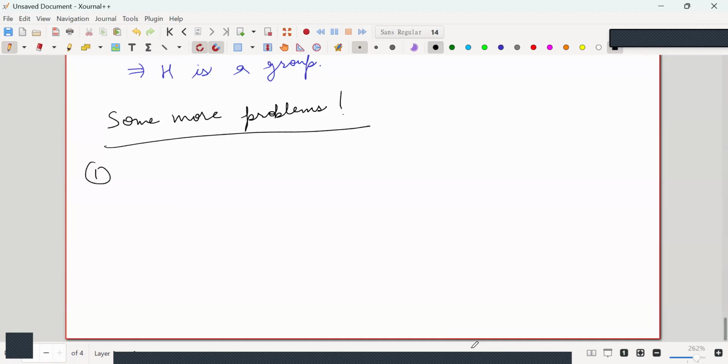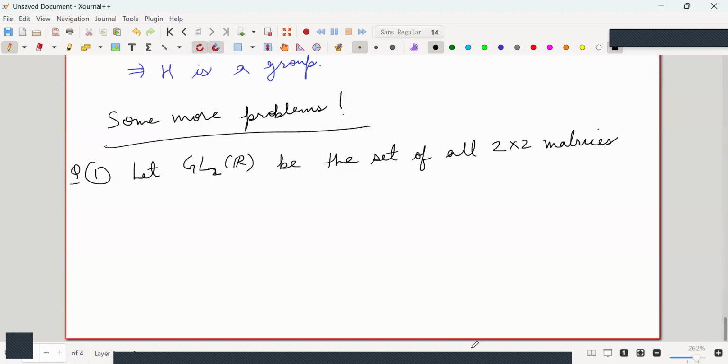So first is, let GL2R be the set of all 2 by 2 matrices with real entries. Then the first problem is: